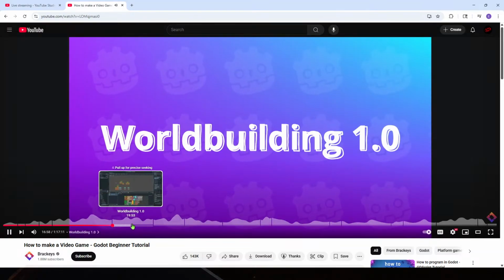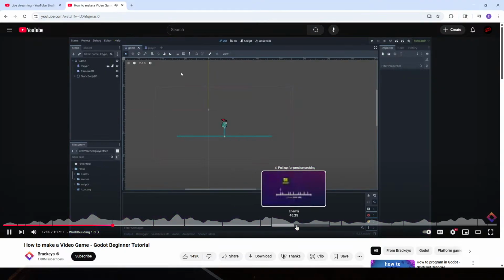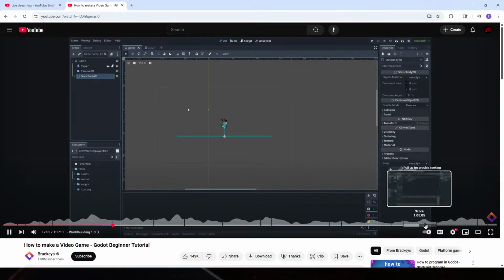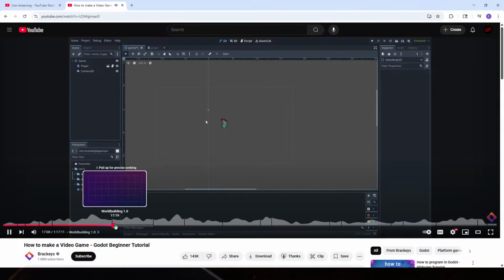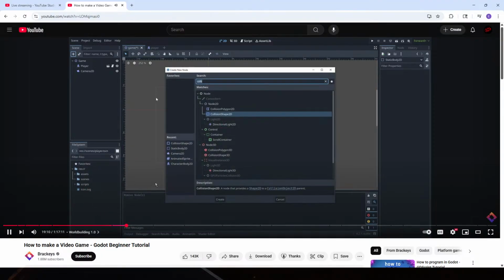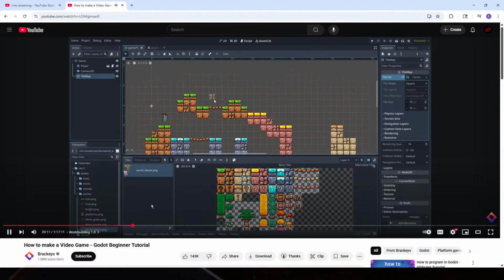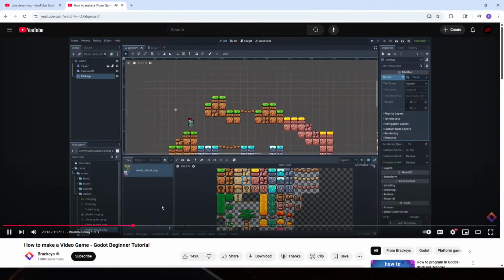World Building 1.0. So to build our world, let's begin by removing our collider here. We're going to build an actual ground for him to stand on. And let's instead add a tile map node. So let's press New Node. I'll show you with the trees here, so let's say we want to add a tree here at the top,